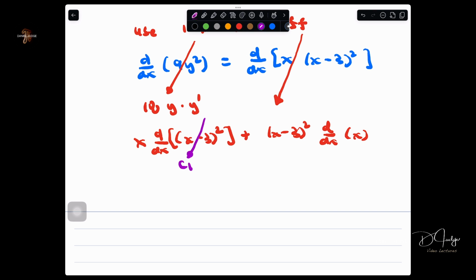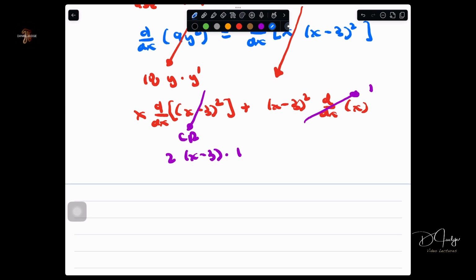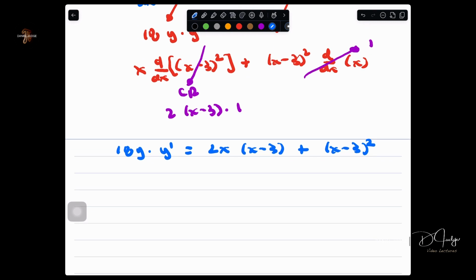By chain rule, you have 2(x minus 3) times 1. And over here, this is just 1. So let's see what we have all together. We have 18y y prime on the left, and on the right 2x times (x minus 3) plus (x minus 3) squared. Solving for y prime now, we'll have 2x(x minus 3) plus (x minus 3) squared